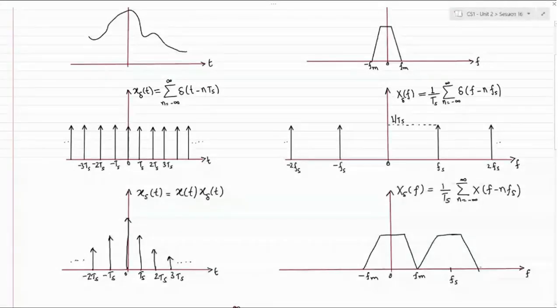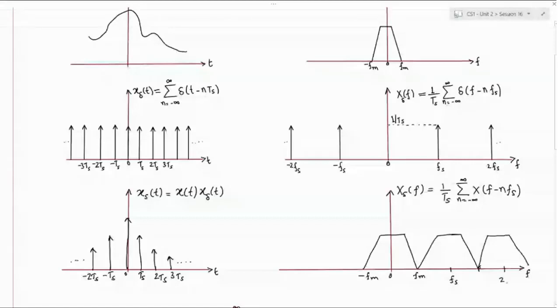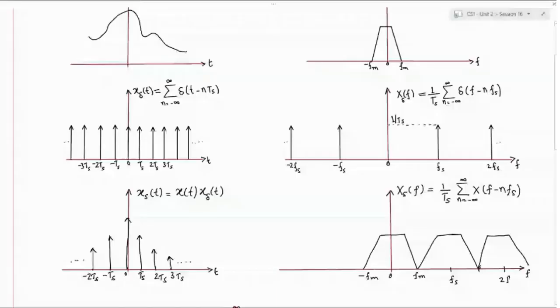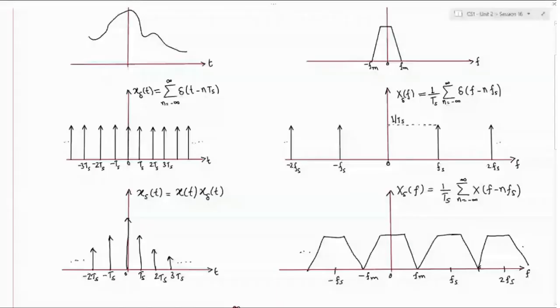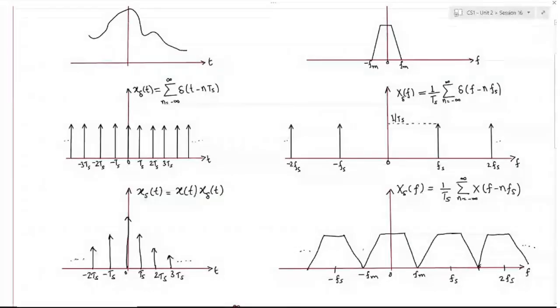And next would be the shifted version with a center frequency of 2fs. Similarly, on the negative scale,